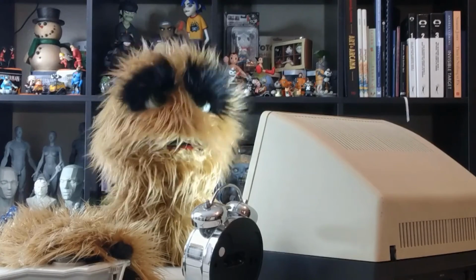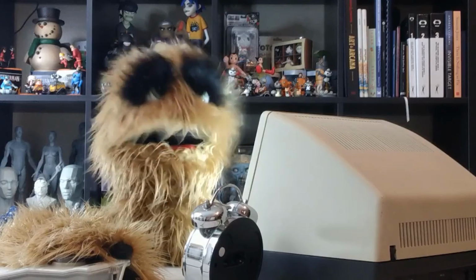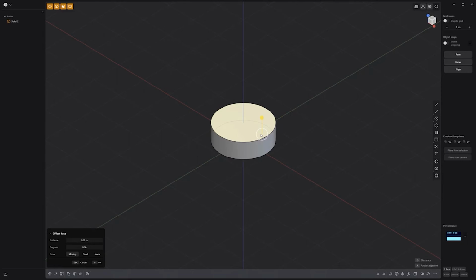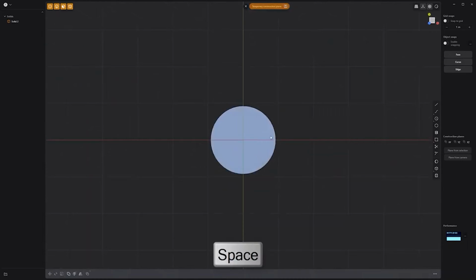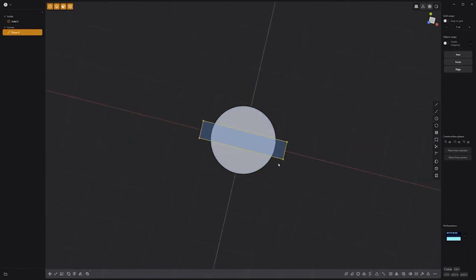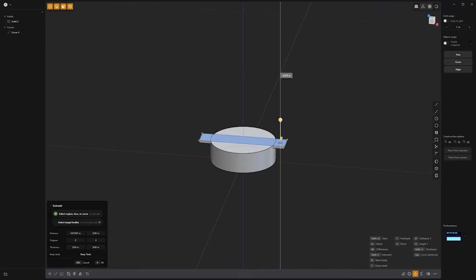Floyd here with a quick tip for creating an inset screw tool in Plasticity. Start by creating a simple cylinder primitive, select the top face, and press the spacebar to create a temporary construction plane. Activate the center rectangle tool and create a thin rectangle. Reset the construction plane, then extrude the rectangle, press W for difference, click the cylinder as the target body, and